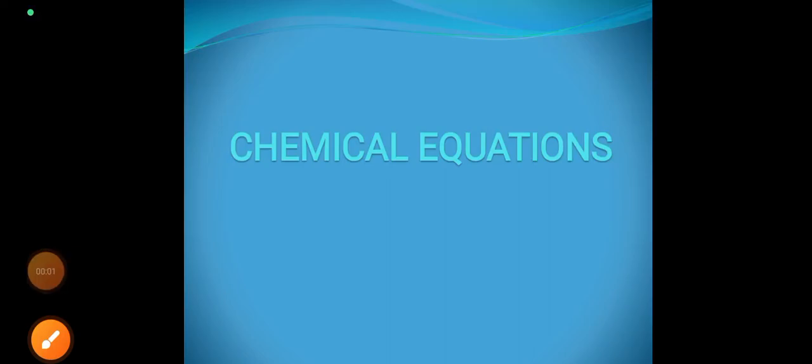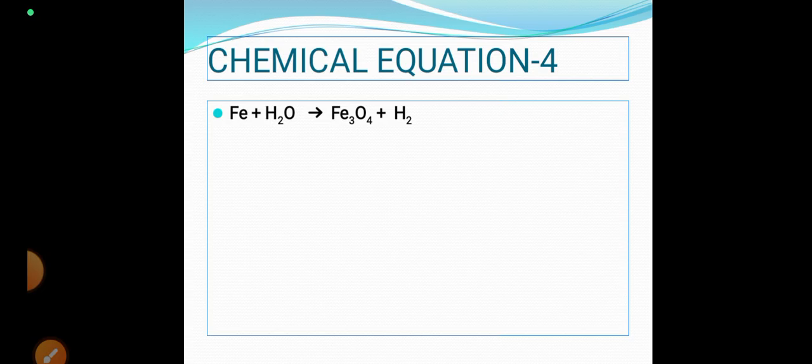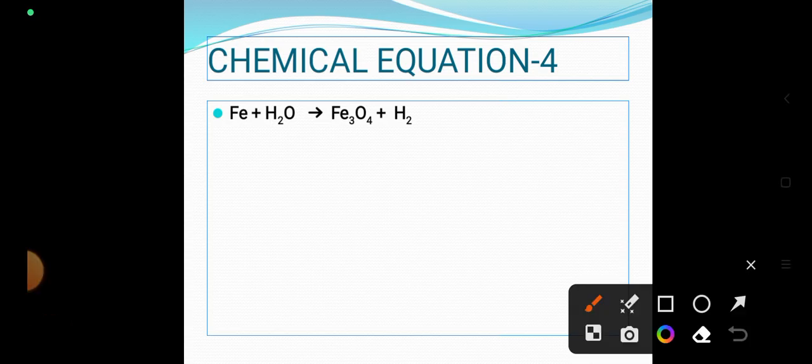Hi guys, let us learn a few more examples of balancing chemical equation. We have iron reacting with water to give rise to iron oxide and hydrogen gas. So when we look at this chemical equation, it's very clear that it is not balanced because when we look at iron,